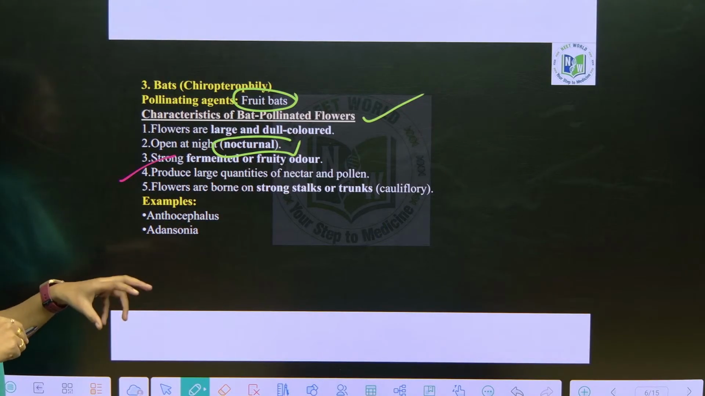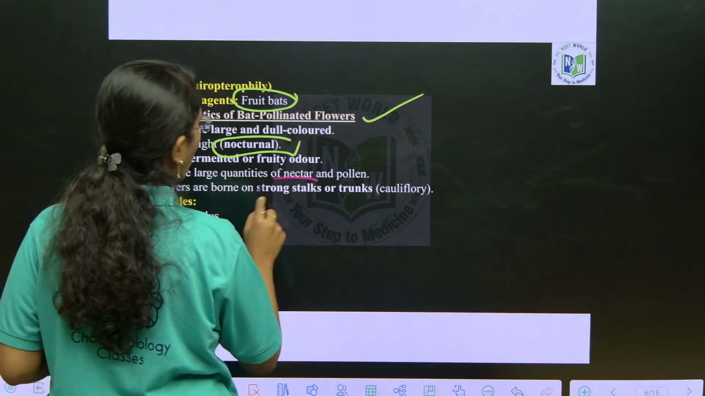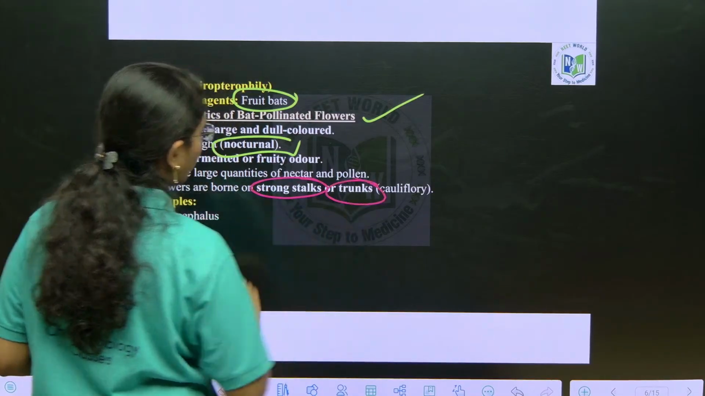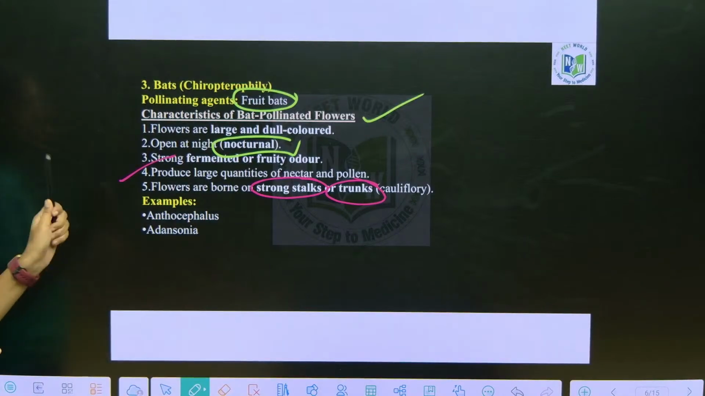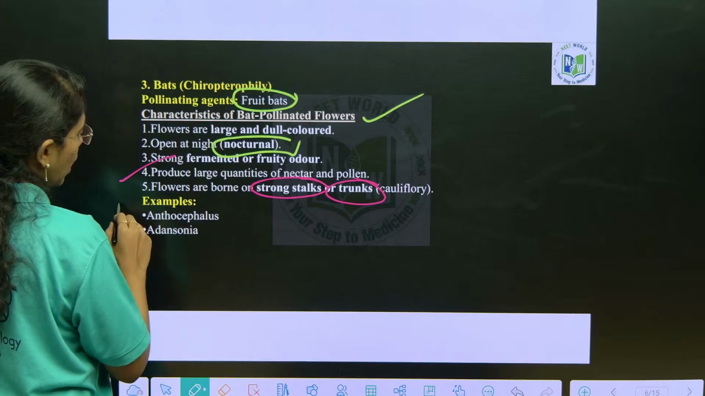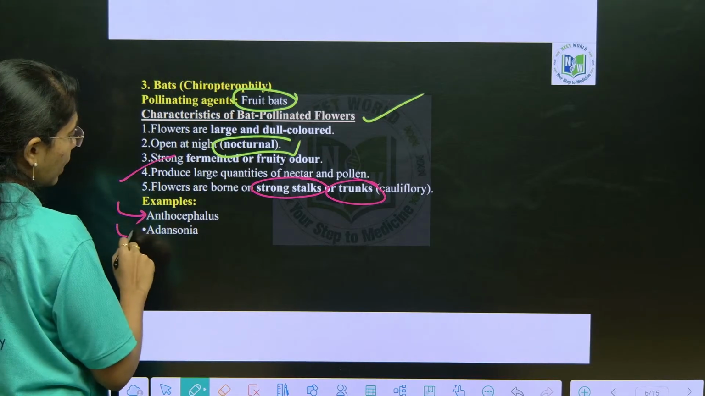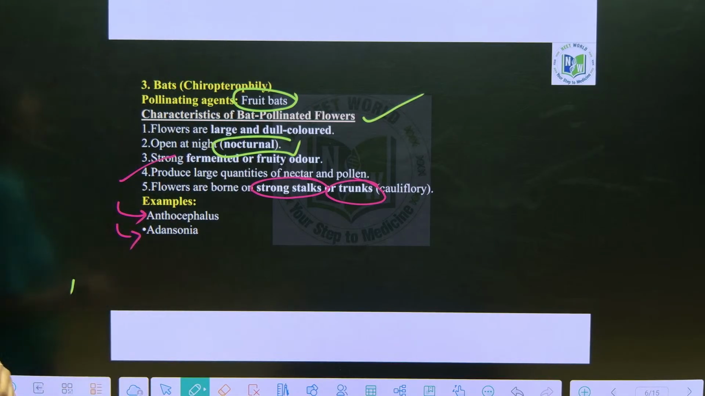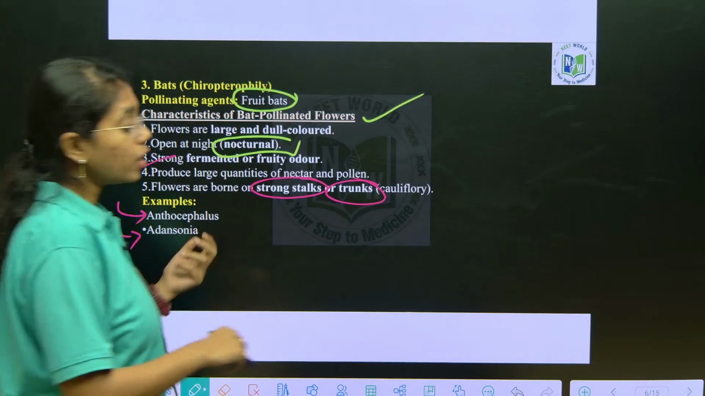Flowers are borne on strong stalks or trunks. Examples here you see Anthocephalus and Adansonia. These are the best examples for what? Bat pollinated flowers. And then you see